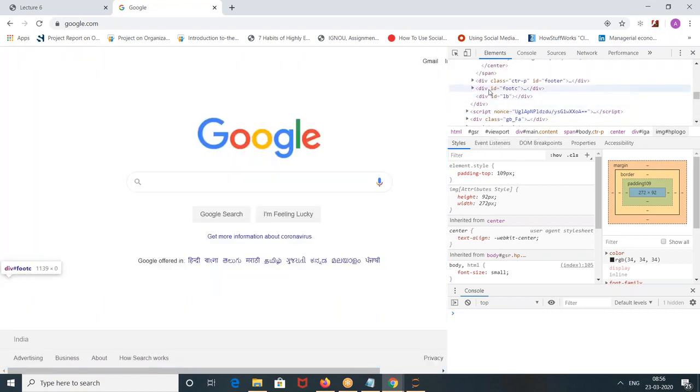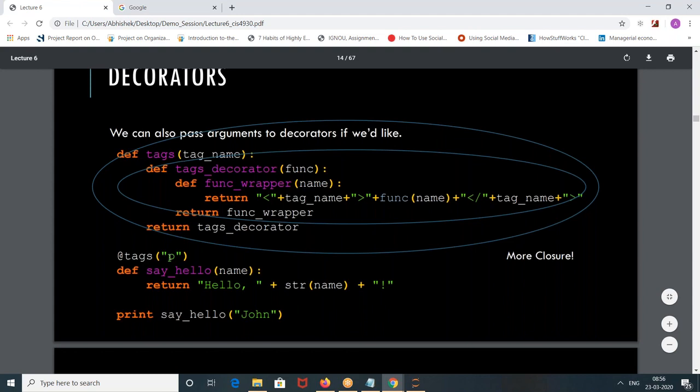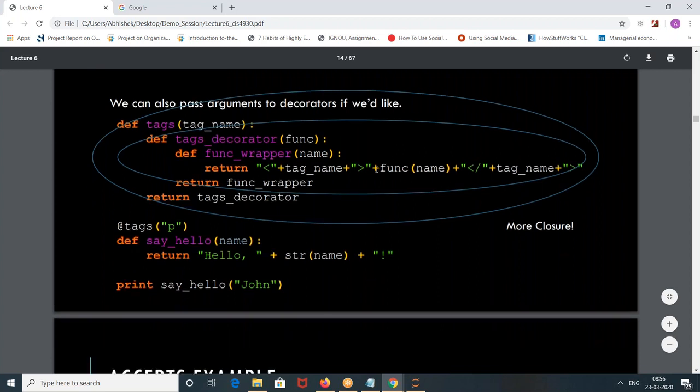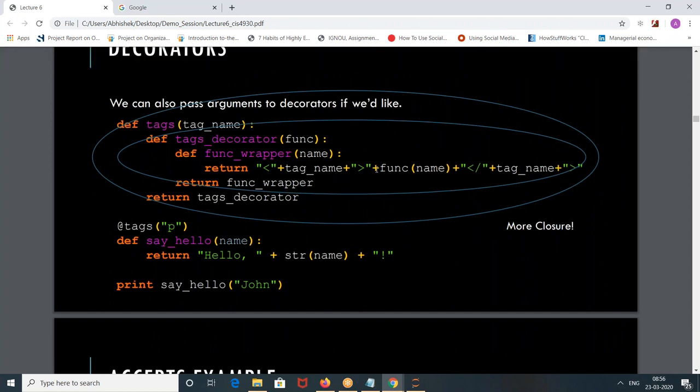So you see here, div of id of something is equal to, greater than, less than. So whatever variable you are passing into this name, it is writing it into something like that: greater than tag name, func name, then less than tag name. So it is trying to apply the decorator as such for HTML. Whatever variable you pass, it will go into this. So it will be very easy for writing HTML. Might be Pawan is able to correlate, sorry, Naga is able to correlate, not Pawan. Naga, did you get that point? What I'm trying to say?